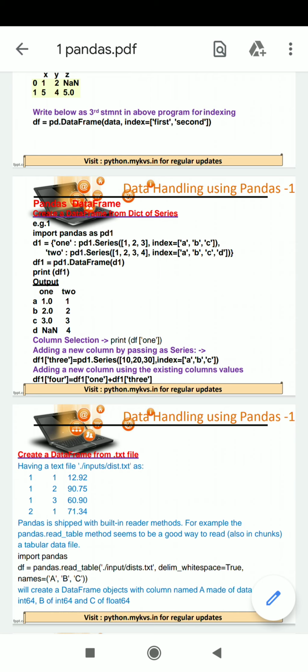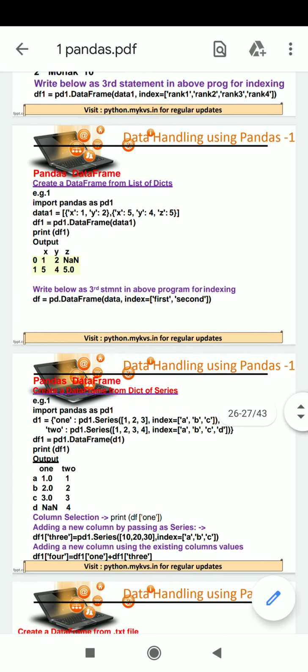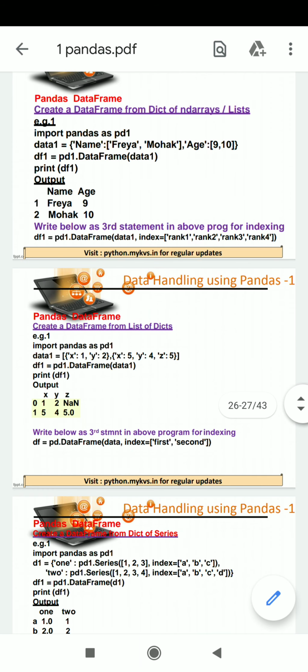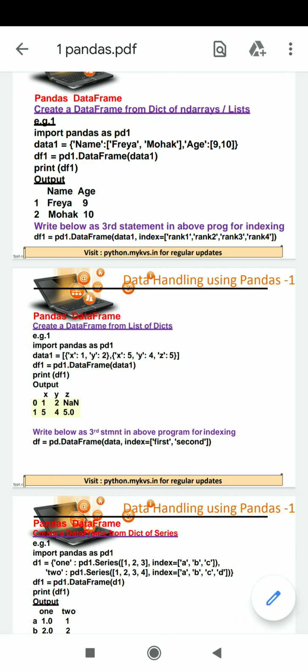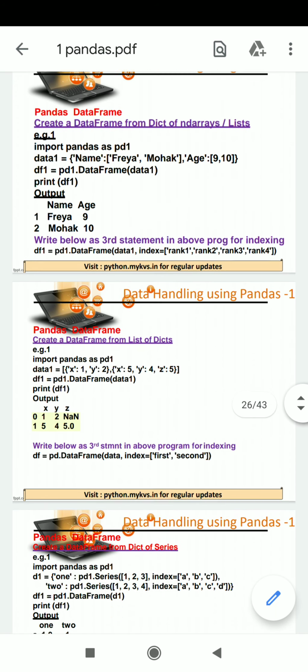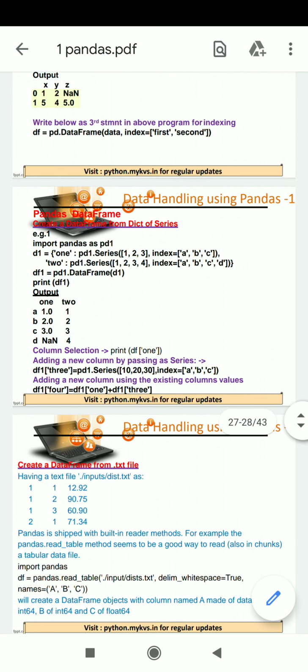One key of the dictionary is 1 and another key is 2, just similar to the above program with name and age, but there the values are in the form of lists, whereas in this the values are in the form of series. Students, one point to be noted, it is important to have index values.